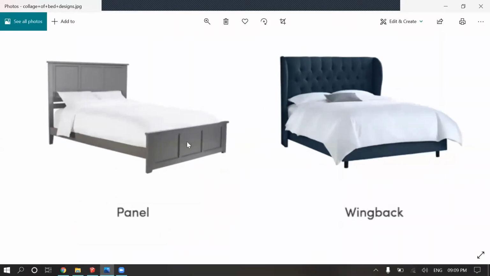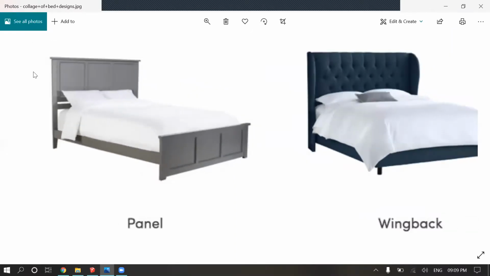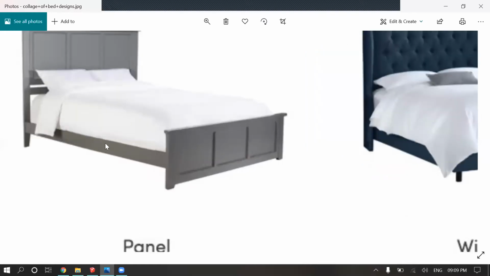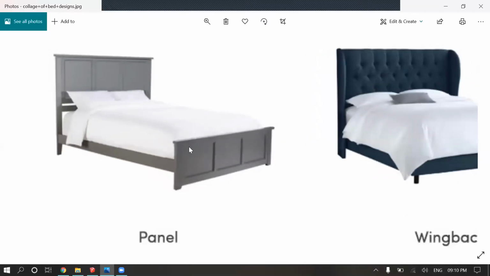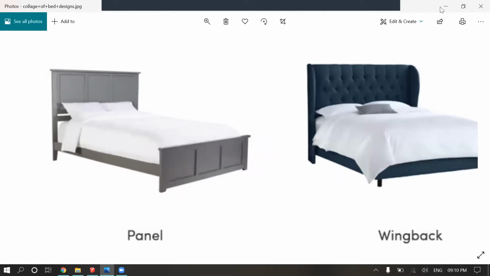So the first thing we will be doing is raising a platform of 2 feet for our mattress part, and then designing this. And at the end, we will be designing this part. So step one will be raising this part. Step two will be designing the front part. Step three will be designing the rear part, and step four will be designing the side ones. So let's get into it.